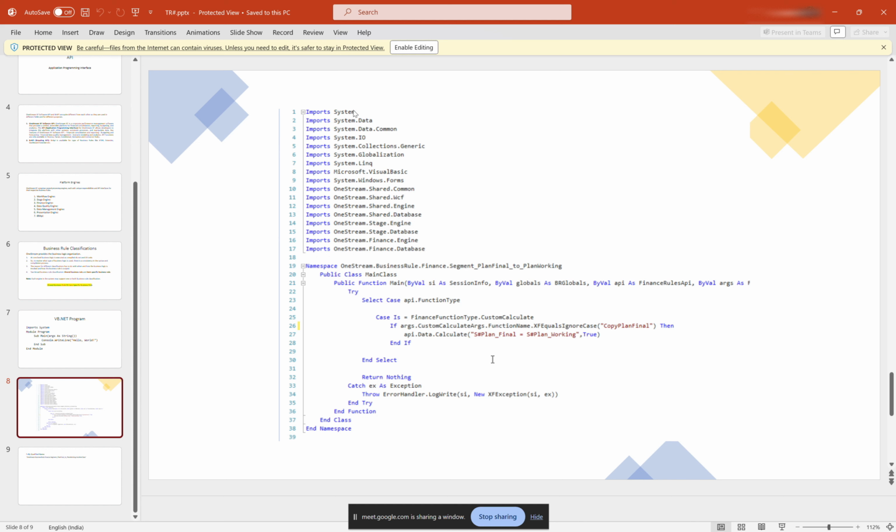And if you notice here, all these different kinds of engines are attached here, correct? They are nothing but namespaces. Within these namespaces, all the classes and functions that you are going to use for the financial rule are already imported. So every time you use a new function, for example, if you want to use StringBuilder, that function will not be enabled unless you import a package that has the StringBuilder class definition. Okay,